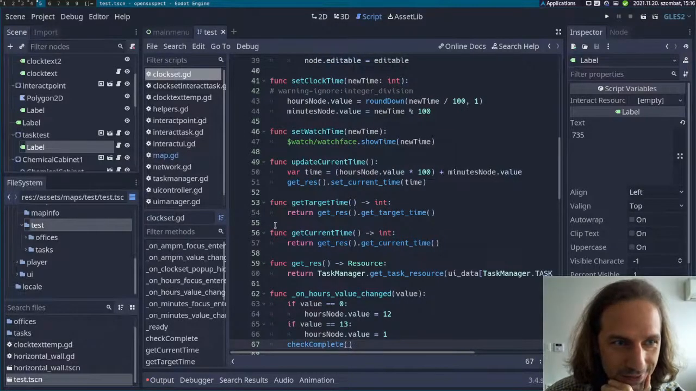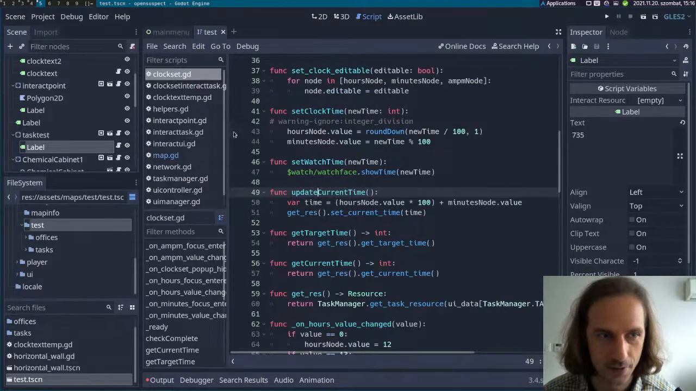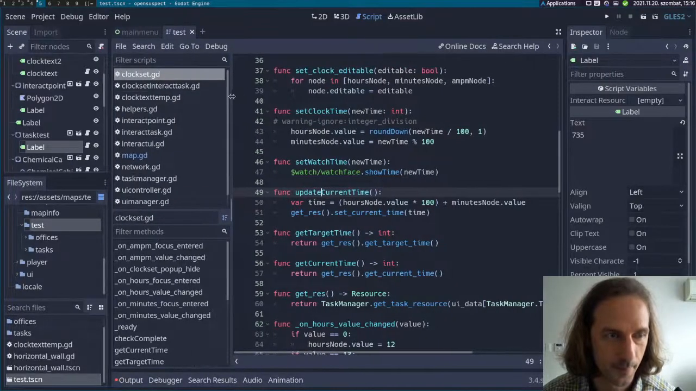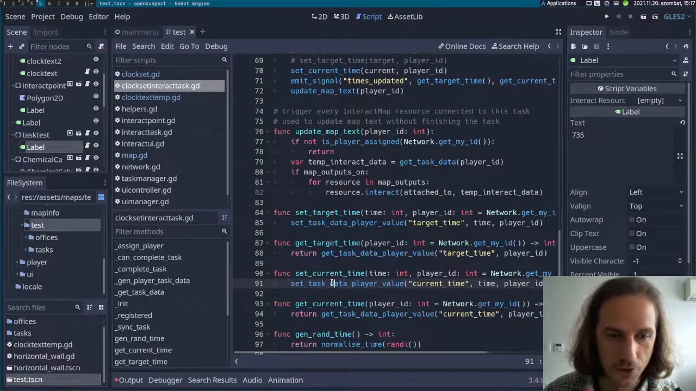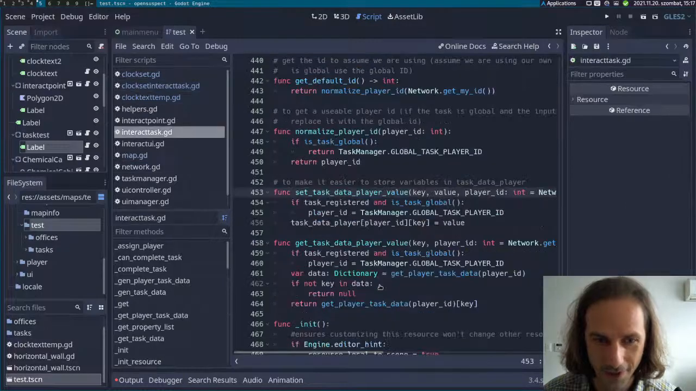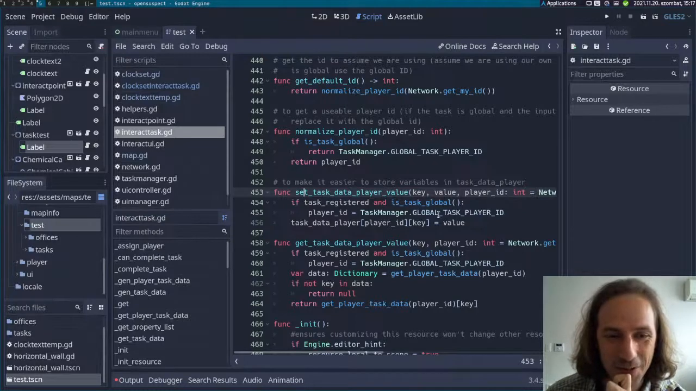Yeah, check complete here, and this updates current time, which is calling the set current time in whatever this is, set current time, which calls the set task data player value. And that just uses, yeah, and that's basically it, because it is part of the